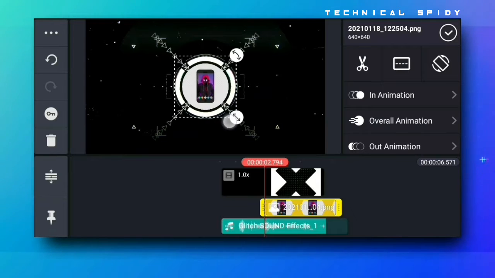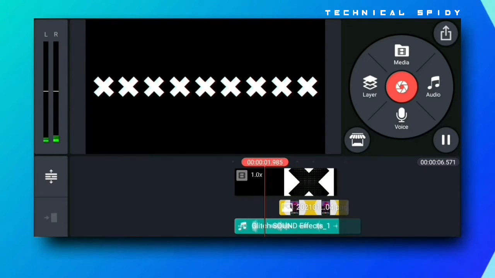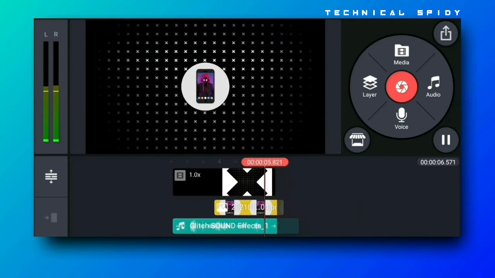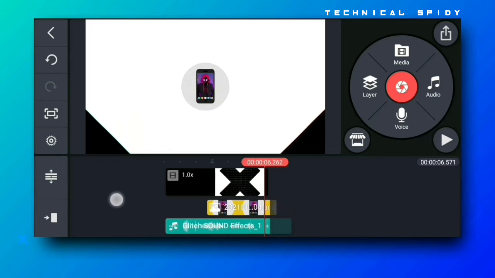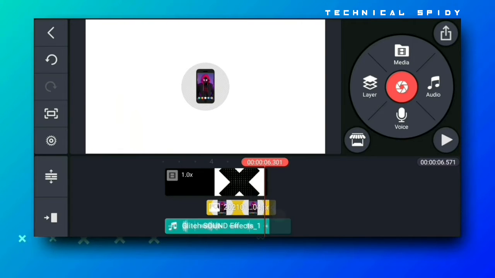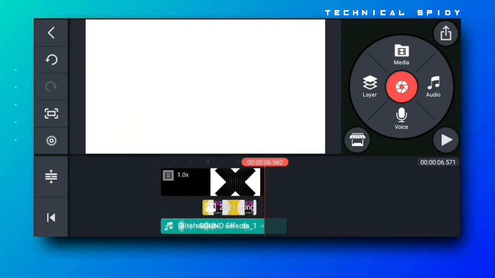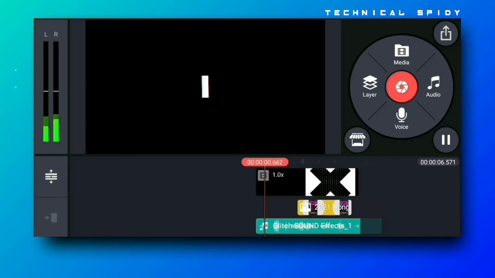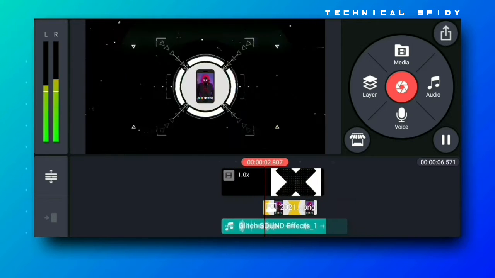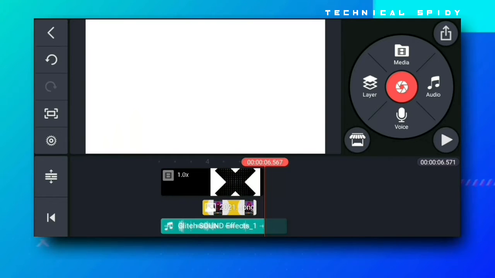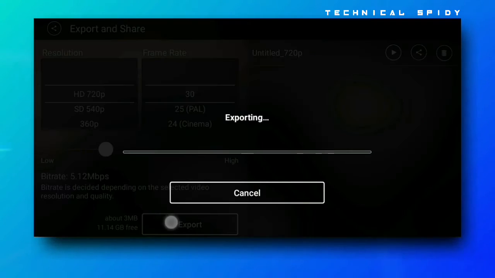You have to place the logo in the right place and at the right time. Only then will the intro look good. After all this, you have to export the intro.